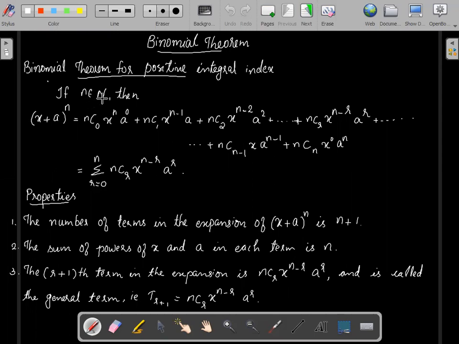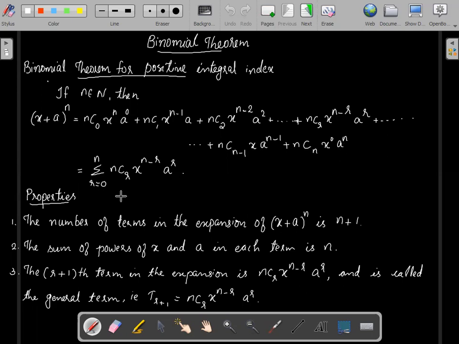If n belongs to N, then (x plus a) whole raised to n is equal to nC0 x raised to n into a raised to 0, plus nC1 x raised to n minus 1 into a, plus nC2 x raised to n minus 2 into a square, plus etc., plus nCr x raised to n minus r into a raised to r, plus etc., plus nC(n minus 1) into x into a raised to n minus 1, plus nCn x raised to 0 into